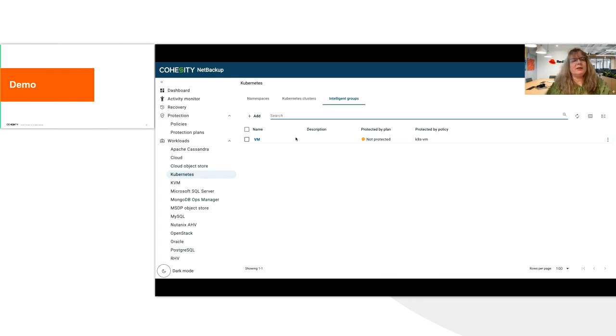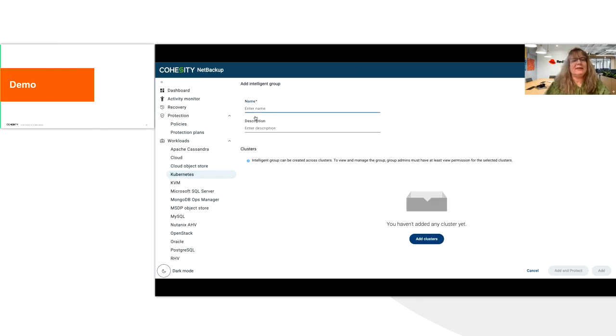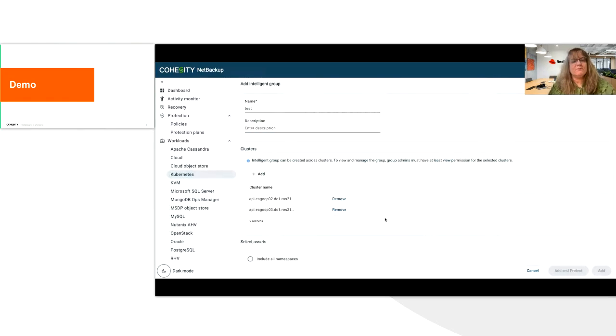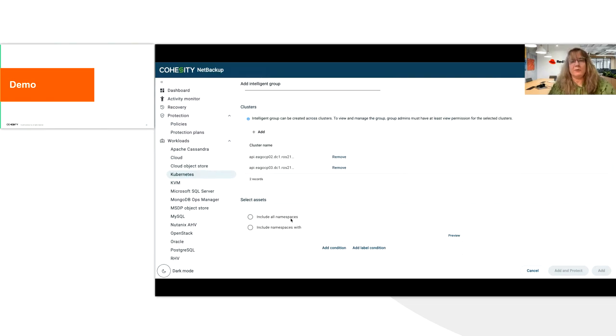So if I wanted to set that up, I would go in here and I would just name this. I'll just give it a test name. You would go in here and add the clusters. You can add all the clusters. You can limit it to certain clusters if you want. And then we can say we want to just have all namespaces on those clusters,